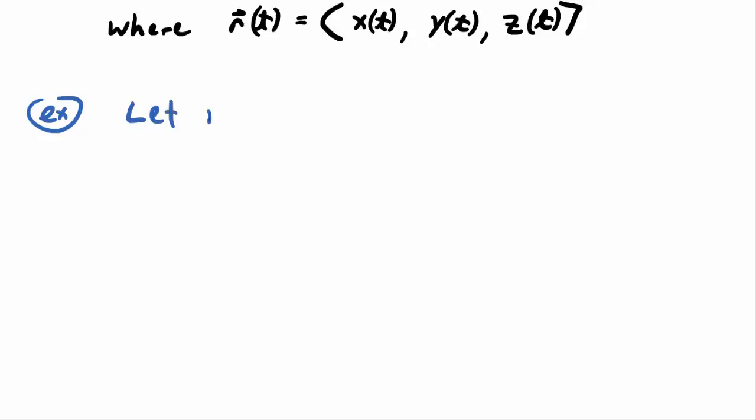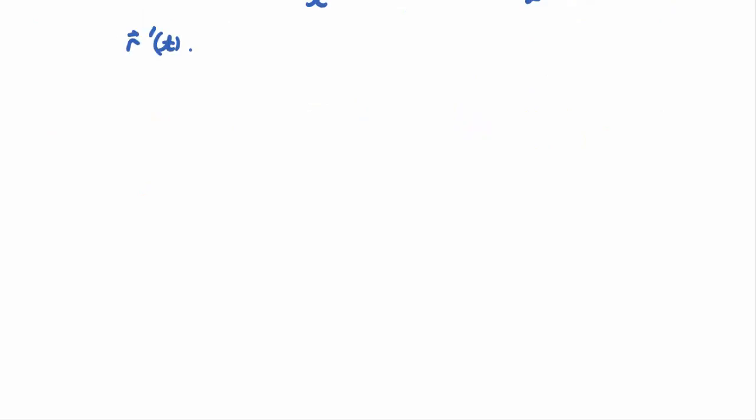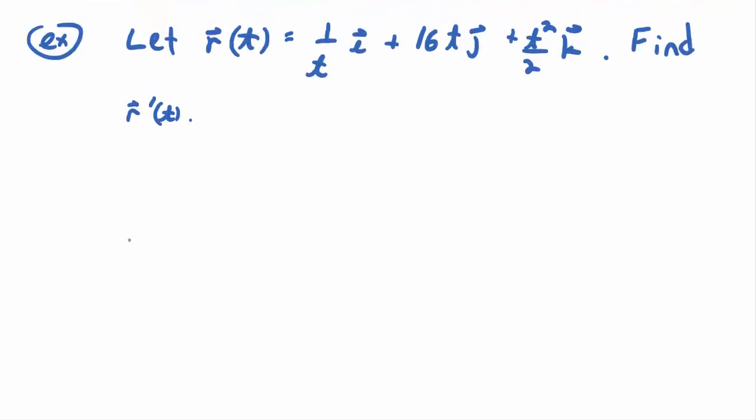Let's let r of t equal 1 over t. I'm going to use ijk notation. 1 over t i plus 16t j plus t squared over 2 k. And of course the directions are going to be find r prime of t. Find r prime of t. So according to what we wrote above, we should just be able to take the derivative component by component. So, r prime of t then,